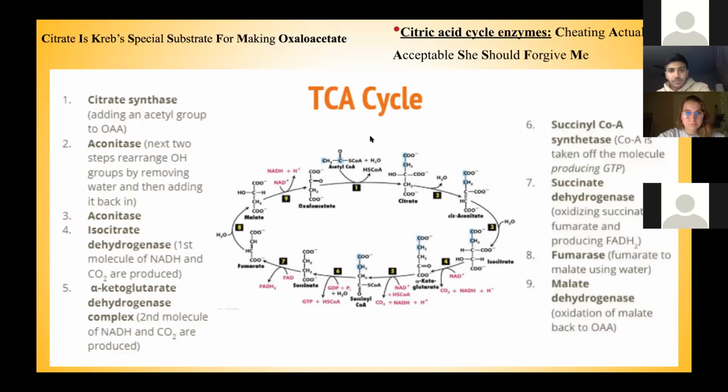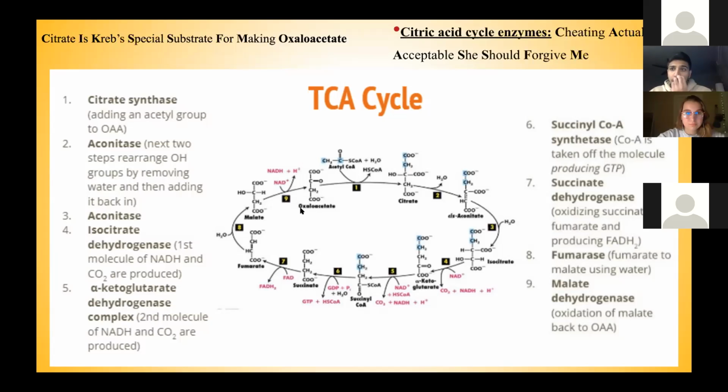And so what happens here is just a couple of things I want to emphasize. This is a good mnemonic that I use for the intermediates. It's basically: citrate is Krebs' special substrate for making oxaloacetate. If you think about it, citrate is the first molecule being made, and it's a special substrate. Essentially, it's the first molecule you're making to make your oxaloacetate at the very